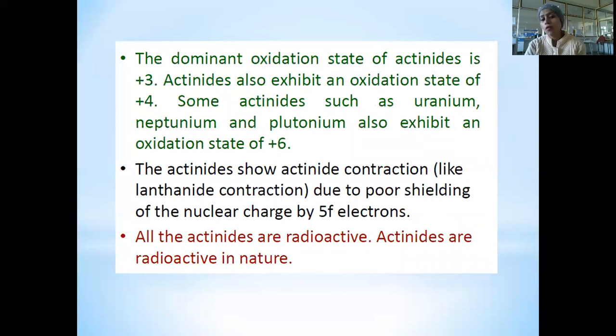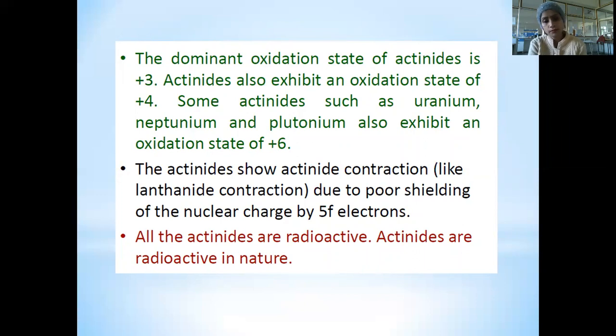Now, coming to the oxidation state. The dominant oxidation state of actinides is +3, and actinides also exhibit an oxidation state of +4, and some actinides such as uranium, neptunium, and plutonium also exhibit an oxidation state of +6. The actinides show actinide contraction like the lanthanide contraction. Why? Because of the poor shielding effect, where in case of lanthanides it was 4f electrons, in case of actinides it is 5f electrons, and all the actinides are